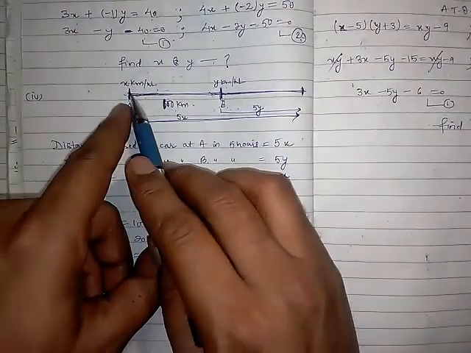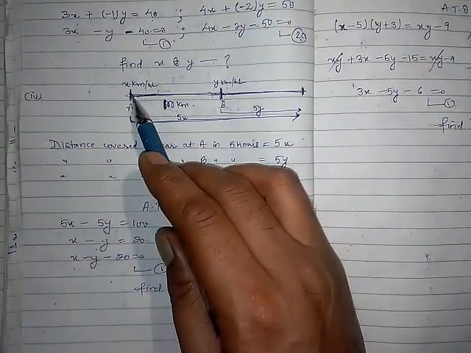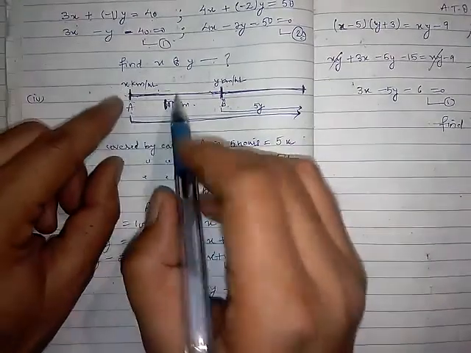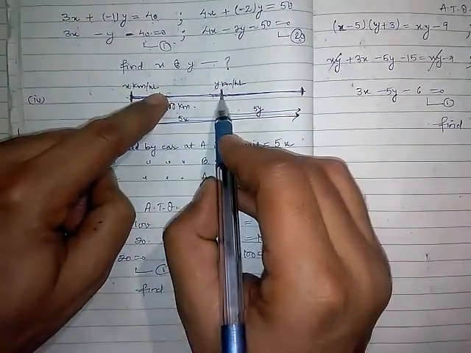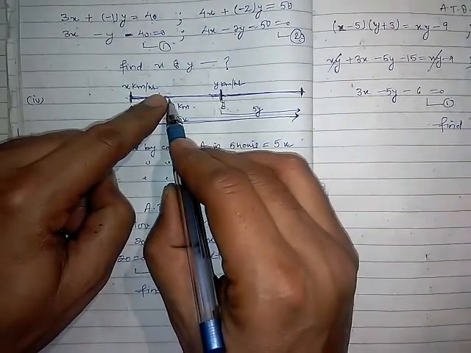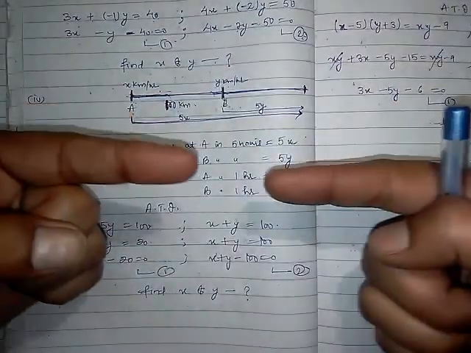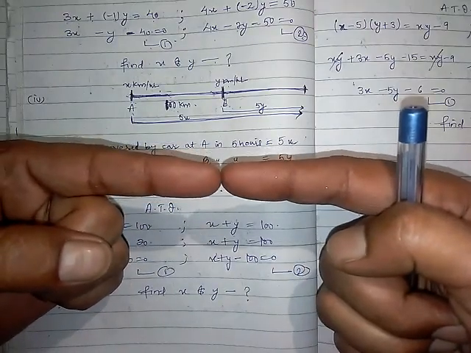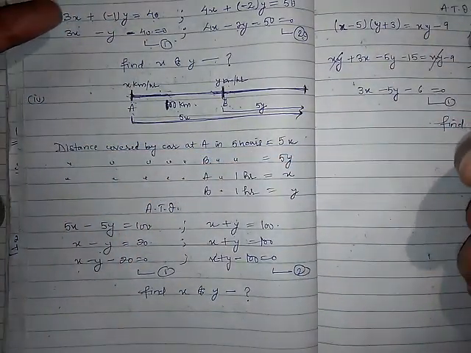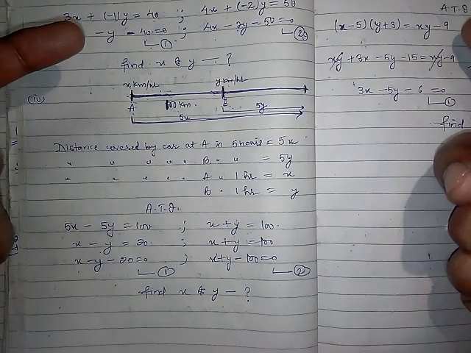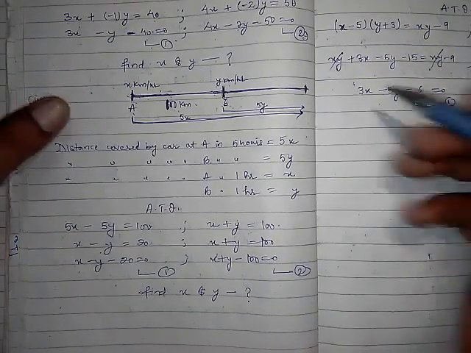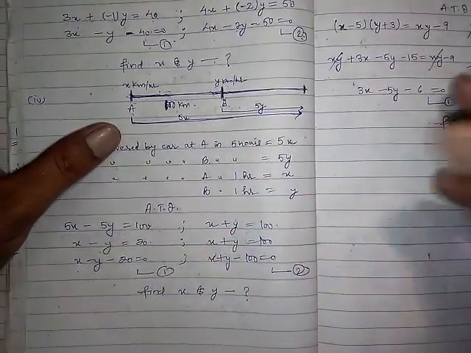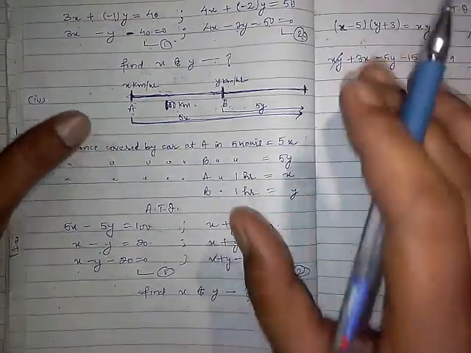After that, the next condition is what? If they travel towards each other, meaning if A is traveling left to right, then B will be traveling from right to left. When they come like this, they will meet each other after 1 hour. So they will meet sooner, that is also common sense. Okay, one person starts from Ludhiana, another from Chandigarh, and they meet somewhere in between, so they will meet sooner. So that is also from your general life, it is also a case of common sense. So think about this.